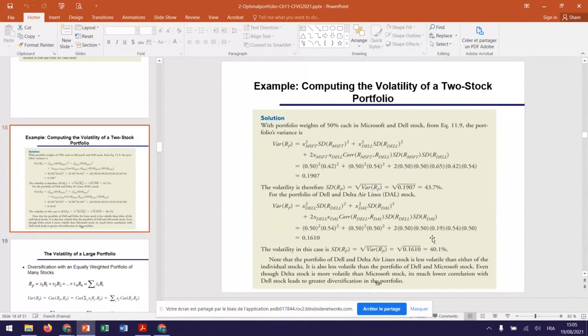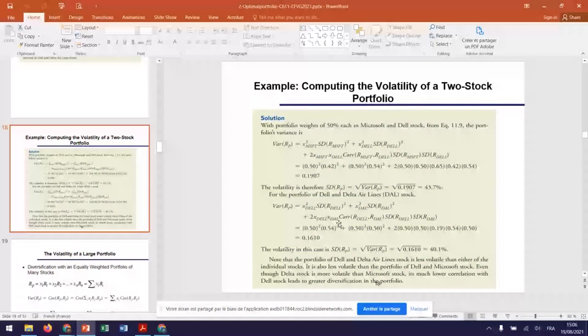And you can observe here this term that is related to the correlation. The lower the correlation, the smaller the term should be, right? If you have a negative, you can even reduce the variance of this formula, isn't it? Okay, that proves that the correlation plays an important role in